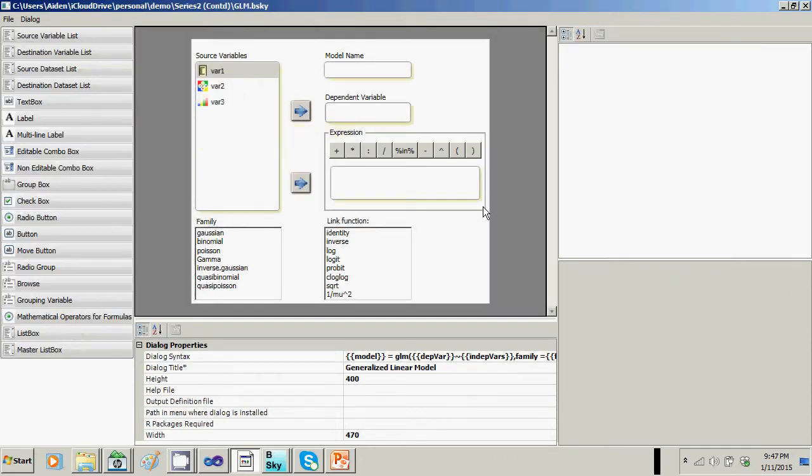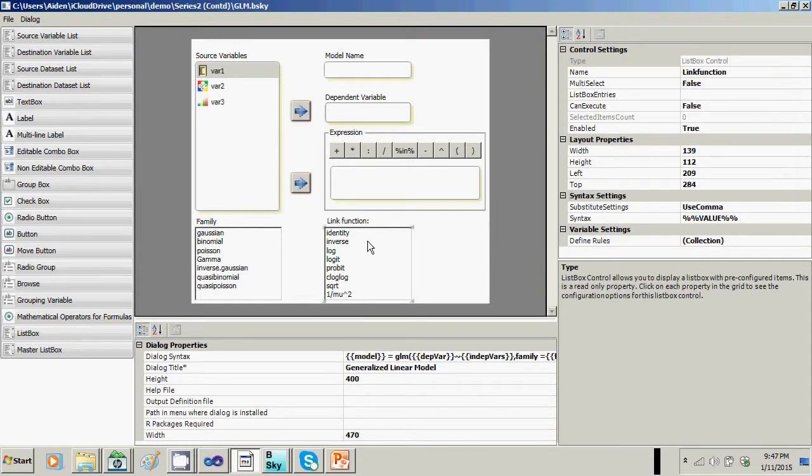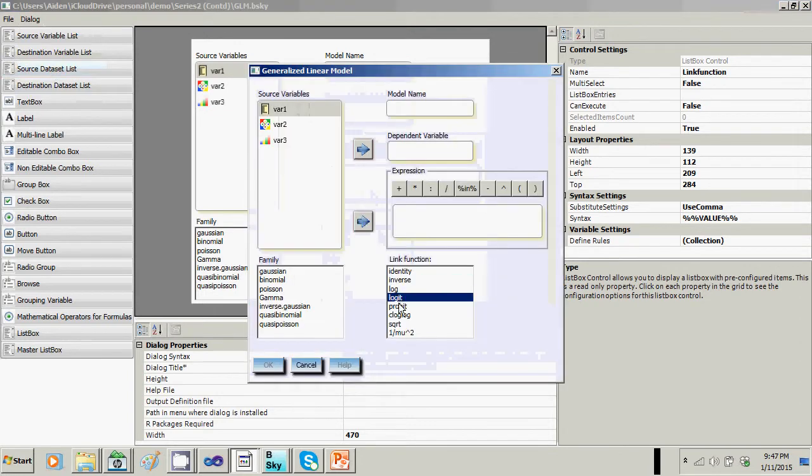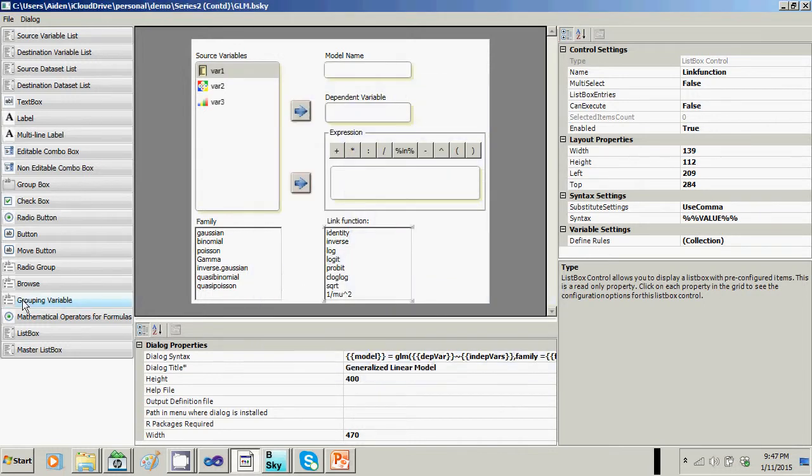And here you have a list box control. It has a set of values. We will preview it, and here I can select the values. Okay, so it's pretty straightforward. Just for your benefit, I'll create a new list box control. Let's give it a unique name of